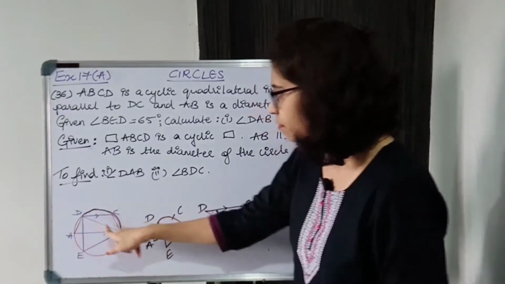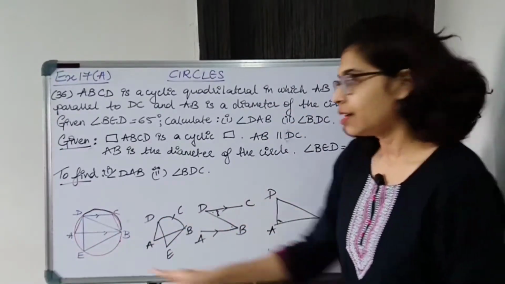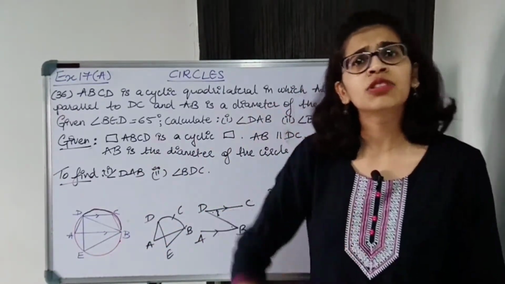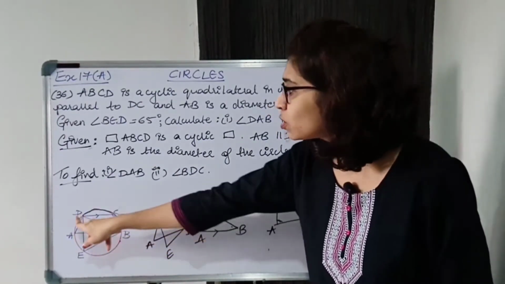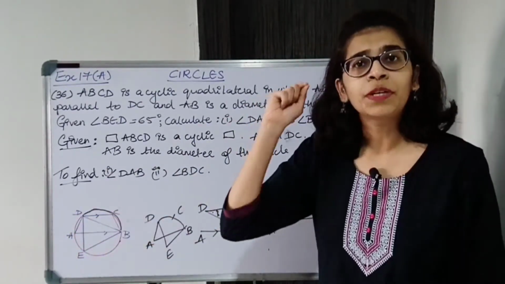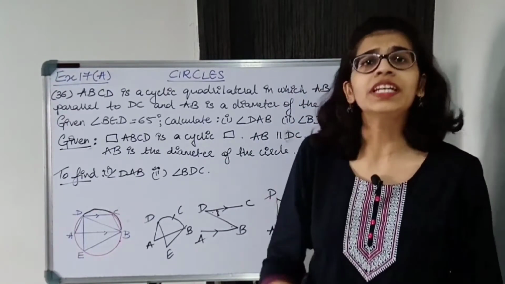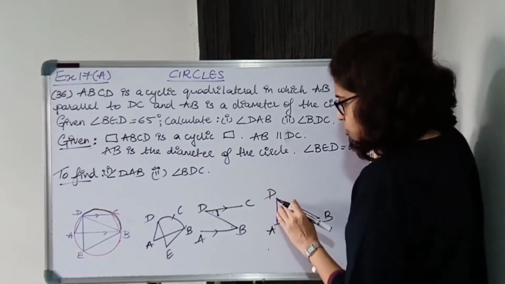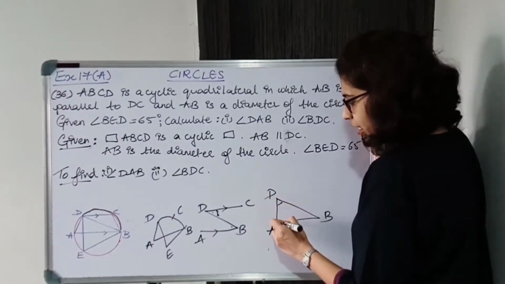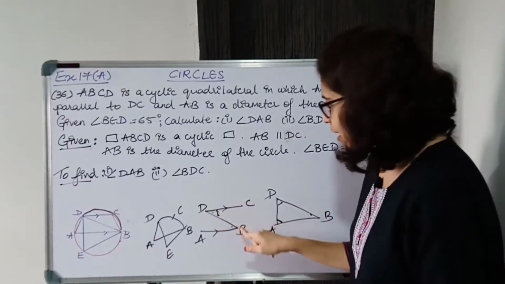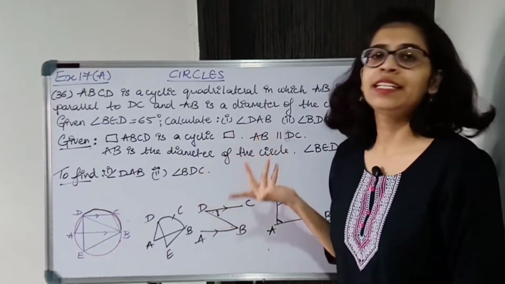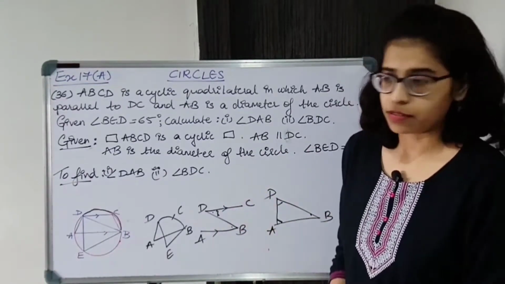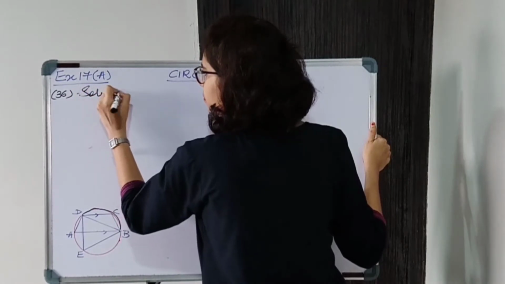ADB, that also I can find. AB is the diameter of the circle I'm given and diameter subtends a right angle on the circumference of the circle. ADB is on the circumference of the circle. So the angle subtended by the diameter on the circumference is always 90 degrees. So this will be 90 degrees. I have not drawn it properly. So this will be 90 degrees. We got this angle, we got this angle. The third angle I can find. DBA will be found. If DBA is found then BDC will be found. So it's very easy. Now let us start with the solution.